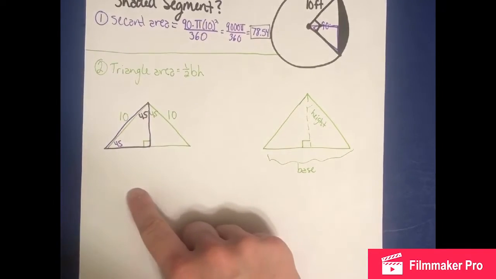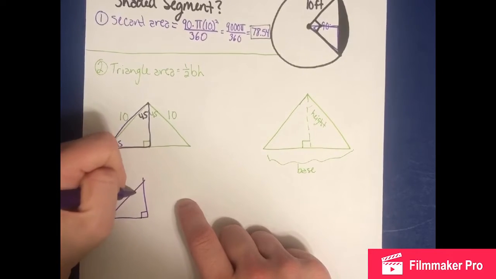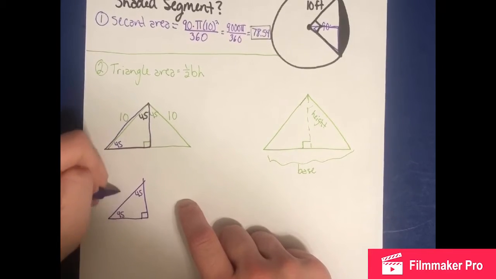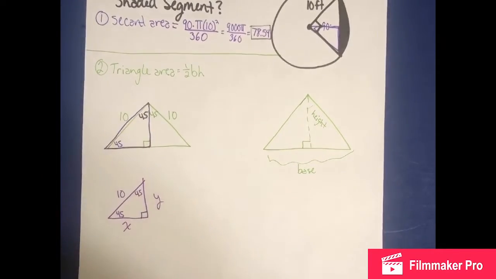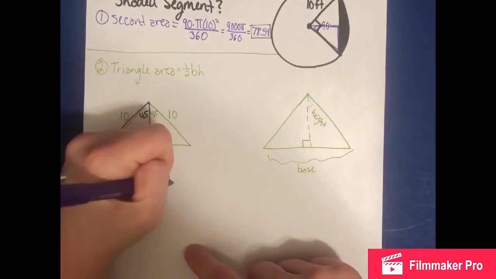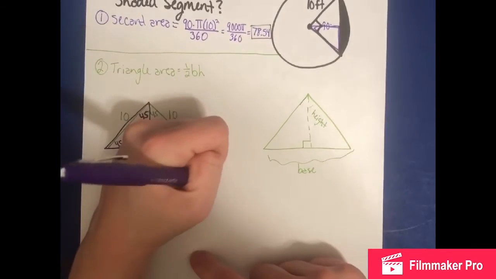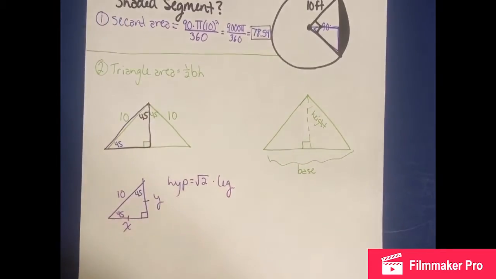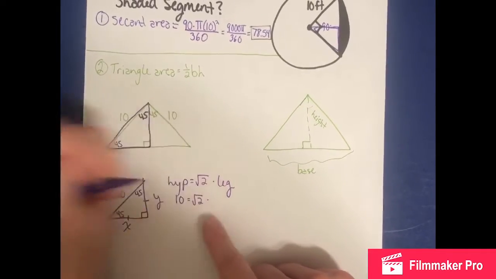I'm just going to redraw it again. I have 45, 45, 10. I'm going to label X and Y. The really cool thing about this is we really only have to find one, since we know they are equal to each other. Since it's a 45, 45, 90 triangle, my equation is the hypotenuse equals square root of 2 times leg. My hypotenuse is 10. Equals square root of 2 times leg,